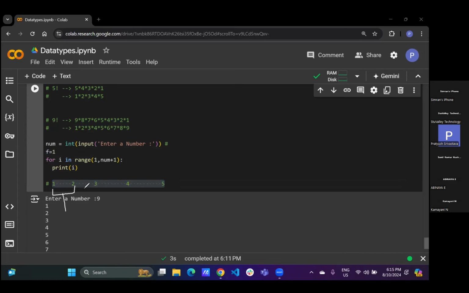I will multiply these numbers, and whatever result comes, I will store this multiplication into one variable named f. And the next number is coming, so that means I need to multiply. The initial number is f, and I am going to change my f with a multiplication of